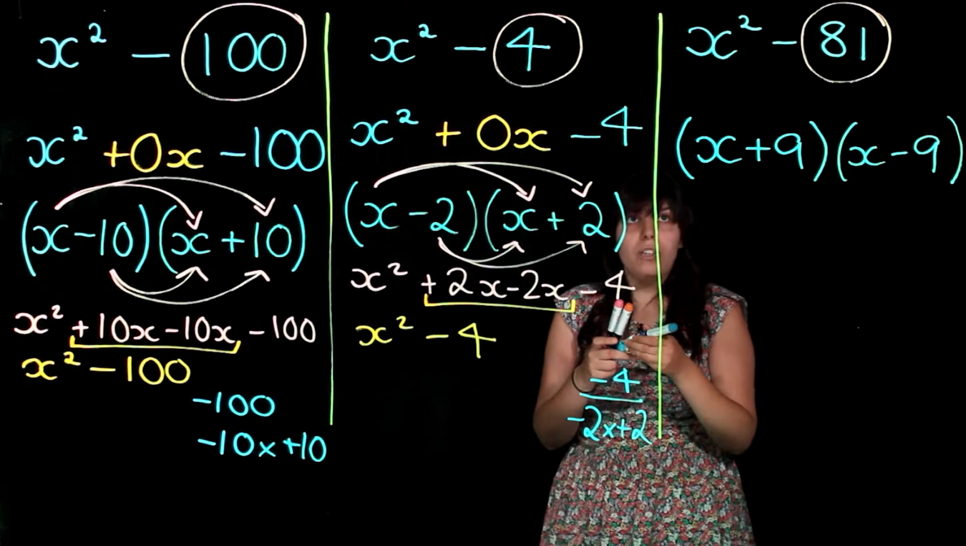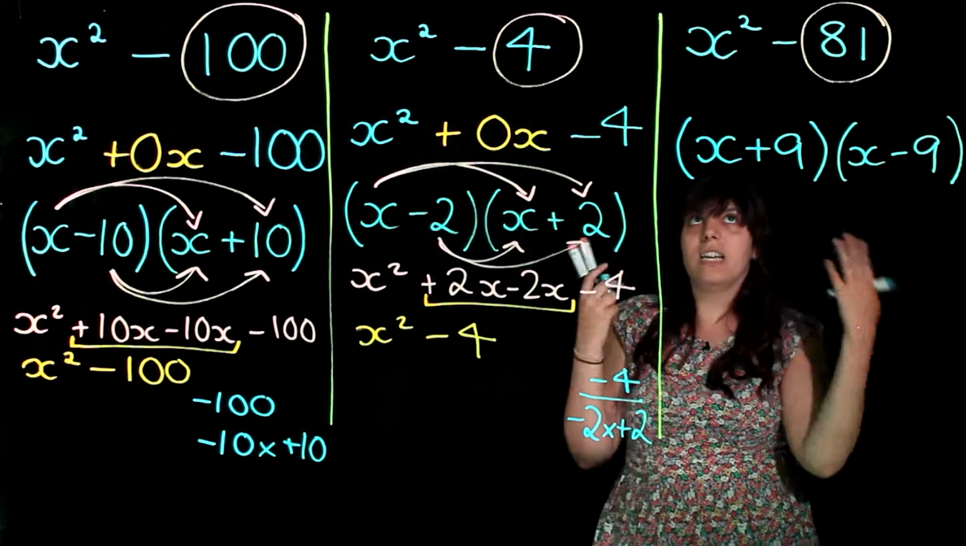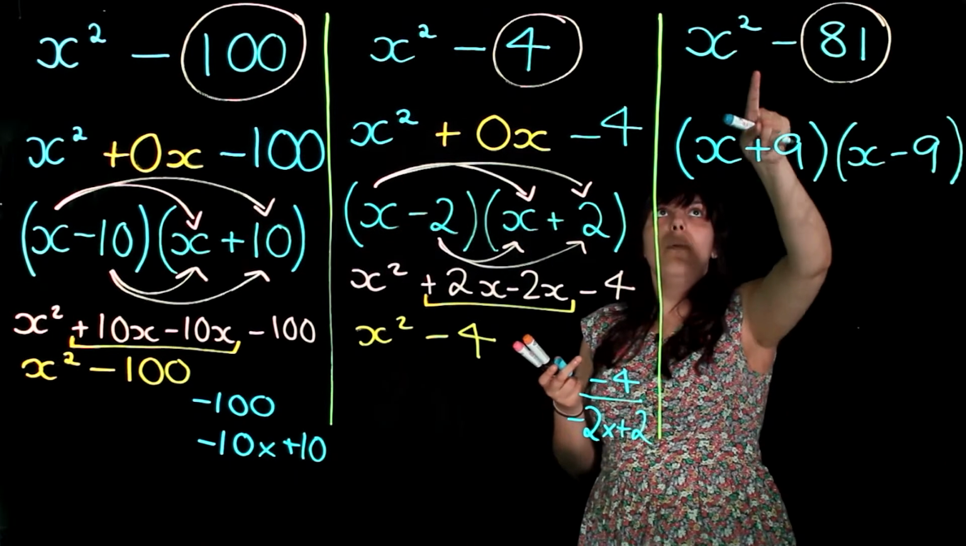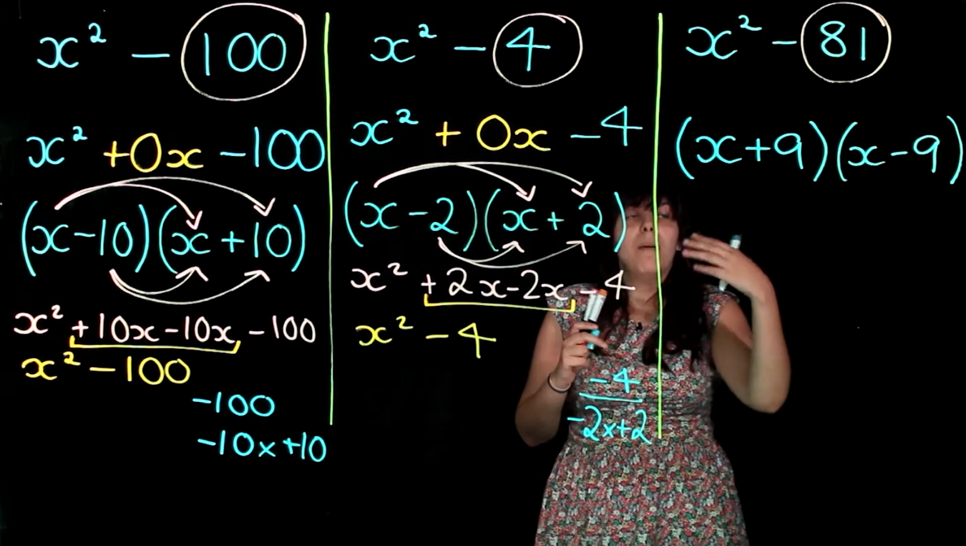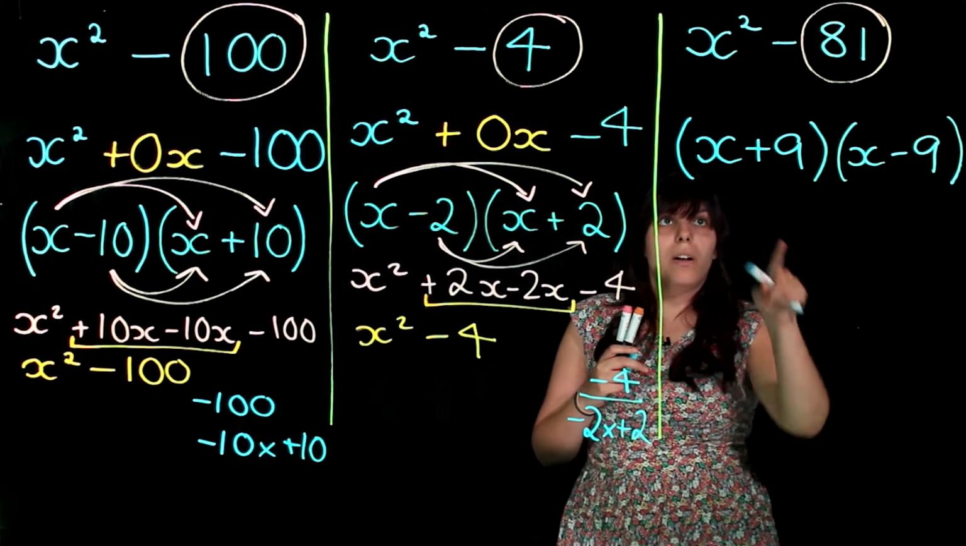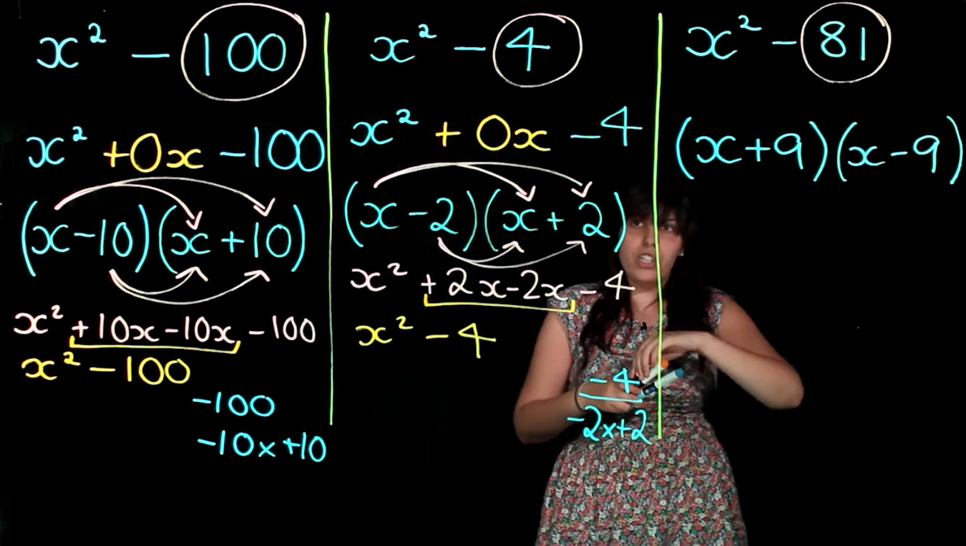Because once I multiply it out, my plus 9x and my minus 9x are going to give me 0. So I'm going to have no coefficient of x. So I'm just going to get my x squared minus 81, because a plus and a minus will give me a minus. And if I quickly just check that,